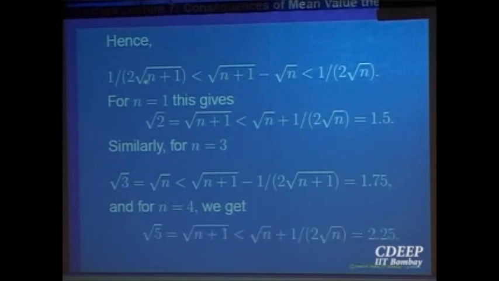Sometimes I will use this inequality, sometimes the other one. Square root of 5, using once again the other one, is less than 2.25. So at least it gives you bounds on how far away this can be. Probably one can take an approximate value also. So let us stop here, just saying that we have proved